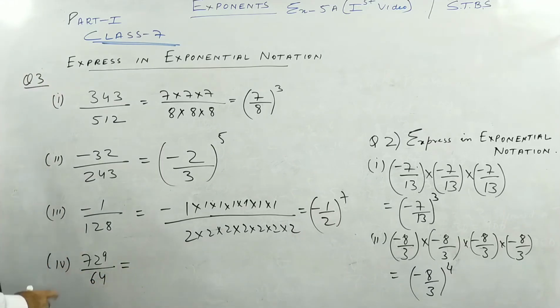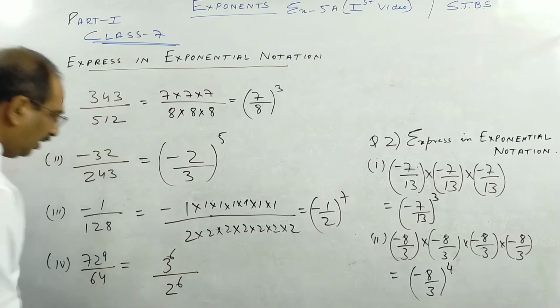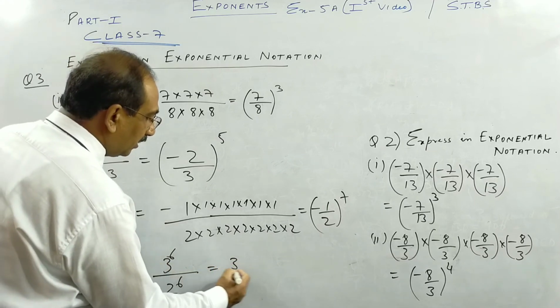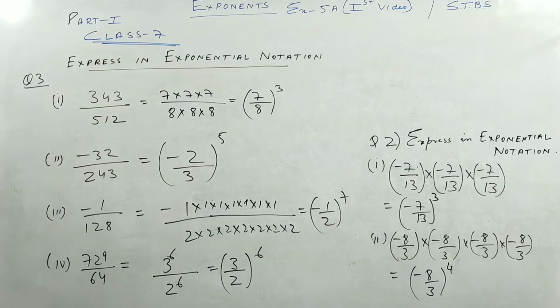Here, if we were doing 729, you can see 64. So 64, if you remember, is 2 to the power 6. So this is 2 to the power 6. You try, this may be 3 to the power 6. I did up to 3 to the power 5, I think. 6 you will get. 81, 243. 243 into 3, you will get 729. So this is (3/2) to the power 6. So check all the answers.